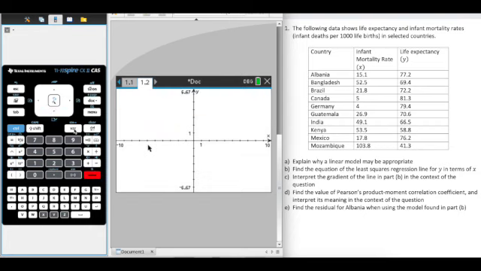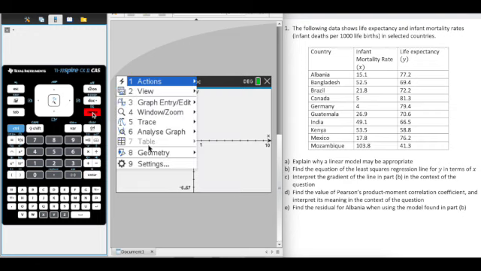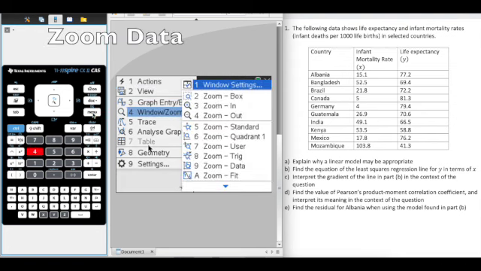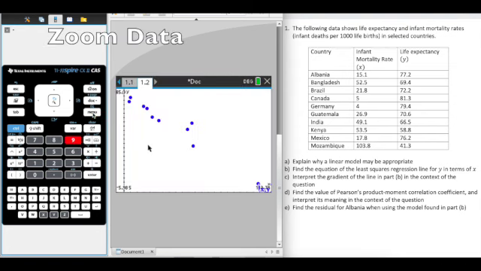So the data has now been plotted, but we can't see it because of the axes. The easiest way to do this is to go to Menu, Window Zoom, and Zoom Data, and then we can see the data. So question A, explain why a linear model may be appropriate. When we look at the graph, we can see that the points seem to lie approximately on a straight line. So because of that, we can now do the